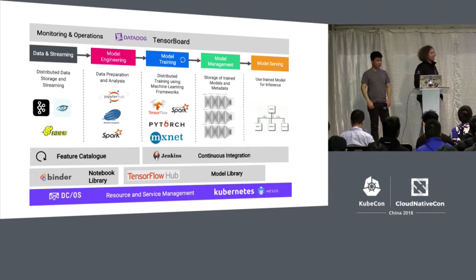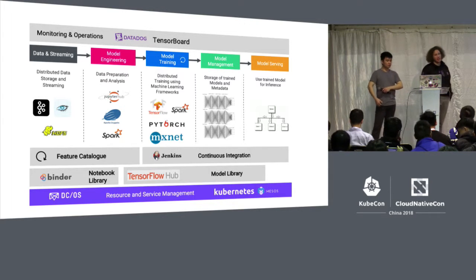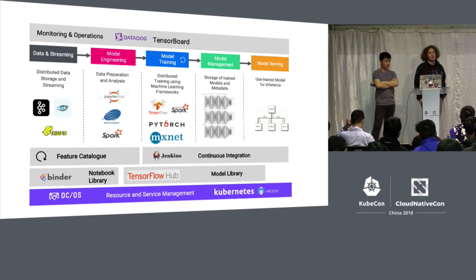What I really liked in the keynote this morning, it touched upon some points which are very dear to me, especially the challenges. So you might actually recognize some of those points from this morning's keynote. It all starts with data and streaming. I need to have access to data sets. At best, I have versioned access to data sets. There are a number of companies actually trying to get better support there because Git doesn't really work for large files. There's, for example, .science. I've seen some of their people here as well, which give me versioned access to data sets.